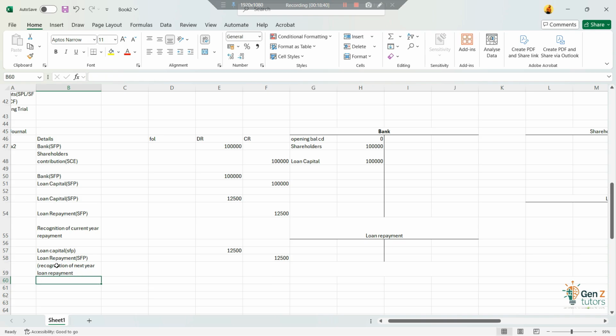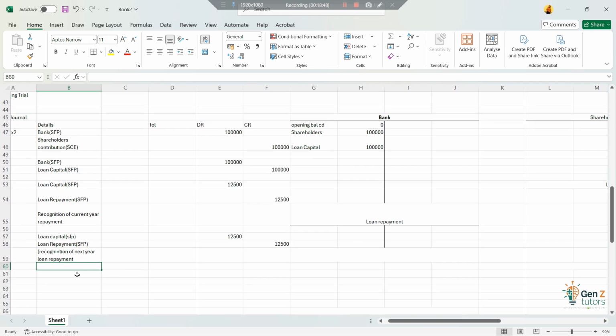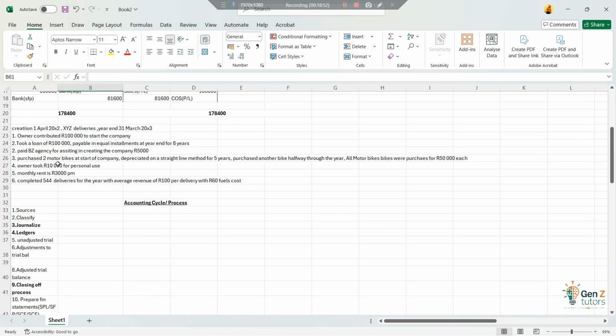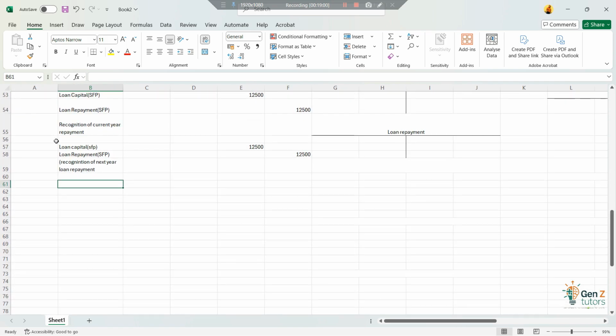You understand? Next year loan repayment. And then after that, we are not yet done. The next transaction we need to account for is that we're going to assume we actually paid this year's loan payment, and then we will continue from that, right? So now whenever the year ends, we are paying the loan, and then we're going to go and say